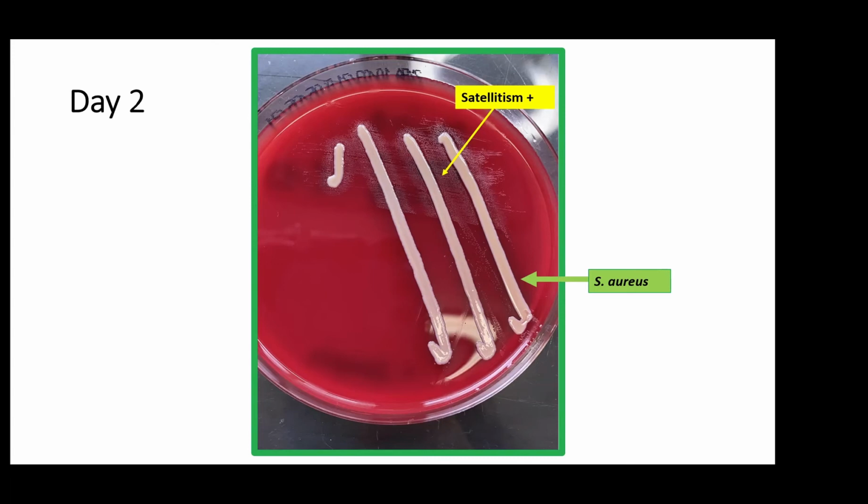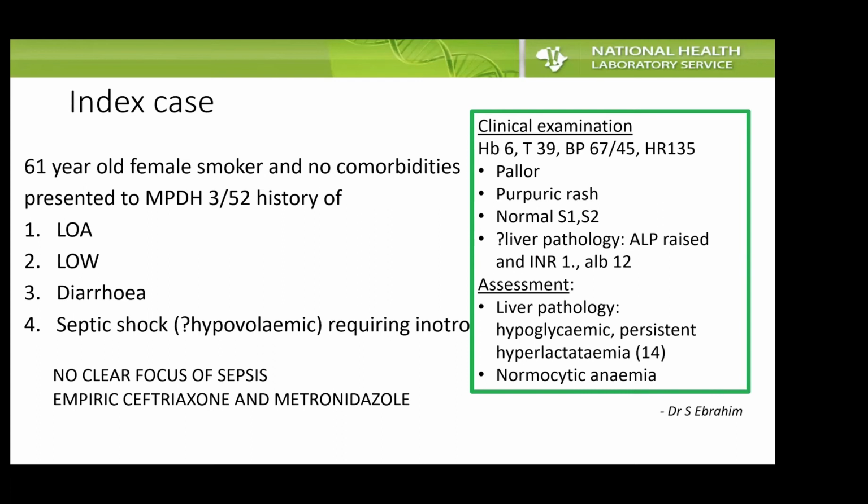So we then spoke to the clinicians at Mitchell's Plain, and we got additional history. This is now history from medicine. The patient had an Hb of 6. She had a purpuric rash, apparently normal heart sounds, and there was a concern of liver pathology with increased ALP as well as an INR. Apologies, the INR was 1.5, and she had an albumin of 12. She also had